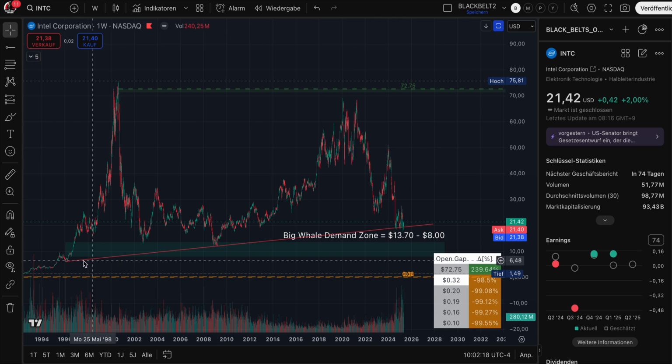I just want to show you, if you understand the chart, if you don't focus on news and don't let fear come up in your mind, if you just focus simply on the price levels on the chart, it is very, very possible to catch short squeezes or even make money on stocks like Intel. My friends, that was the update.